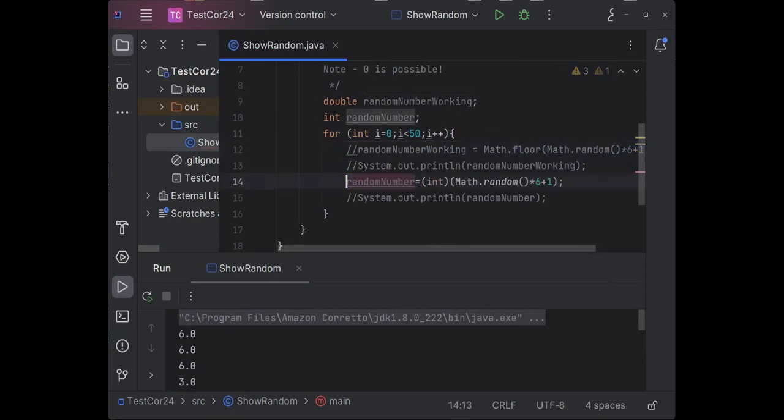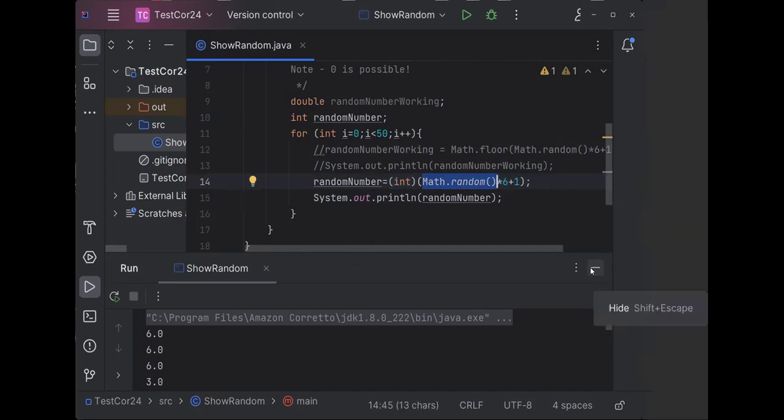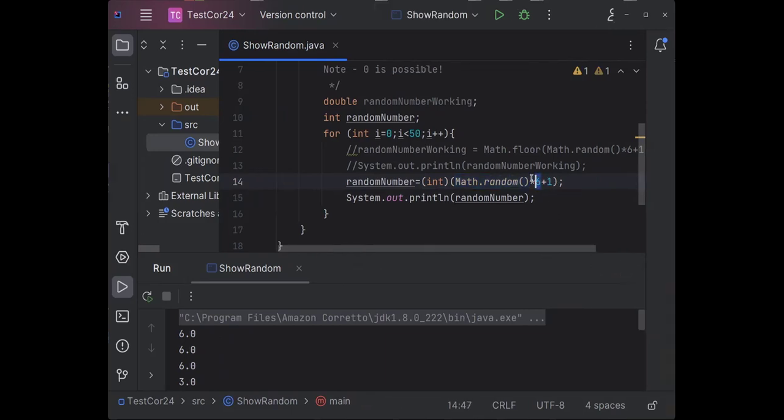and instead uncomment a separate set of lines, this time making use of my int random number. And here I'm doing a number of things at once. So first of all, I'm once again doing my math.random, which will generate a random value from 0 up to, but not including 1. Multiplying that result by 6 will give me a random value from 0 up to 5.999. Adding 1 to that would give me a random number from 1.0 up to potentially 6.999, which is still not